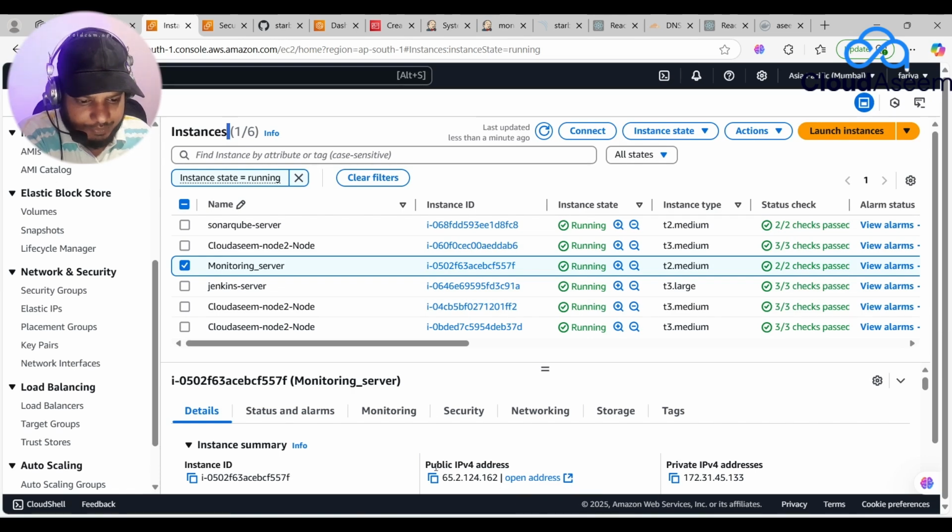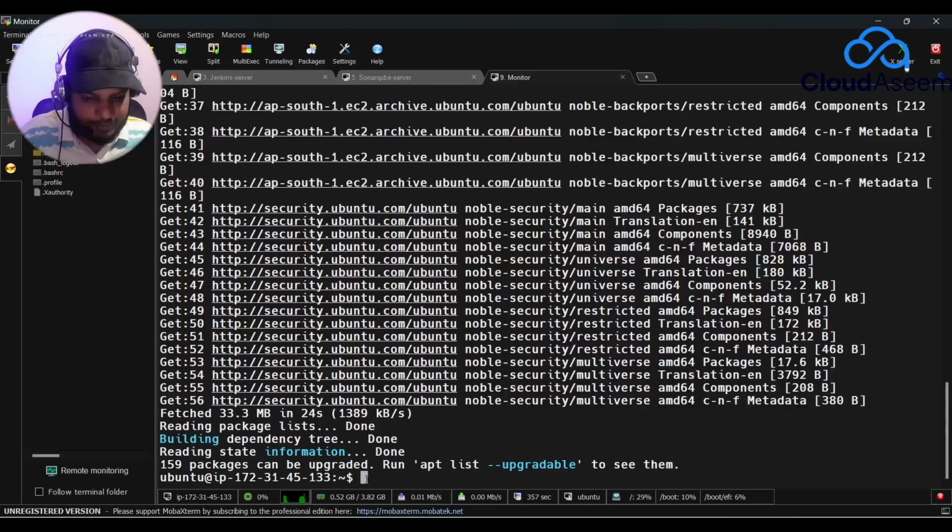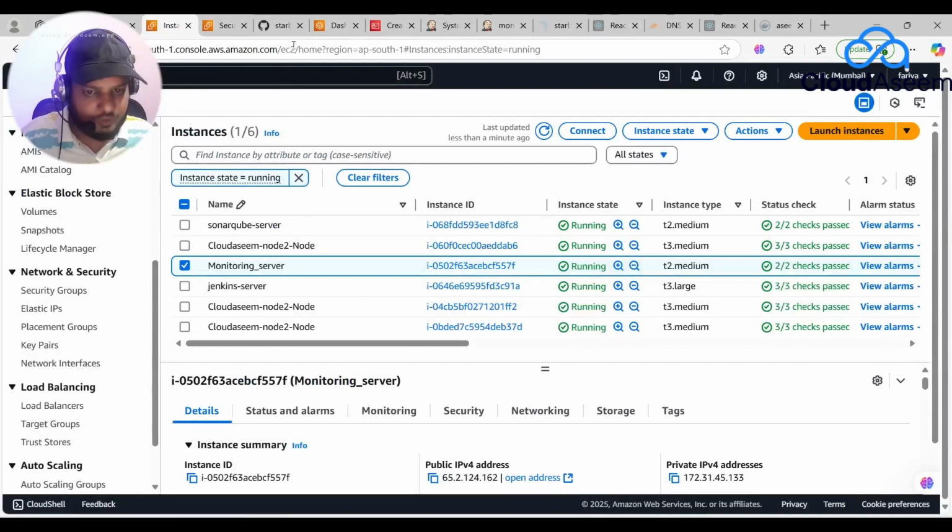Okay, that IP is already there. So what we have is SonarQube monitoring, the Jenkins server, and I have three node servers on which our application has been hosted in Kubernetes. Okay, that's fine. So when we have updated these packages, what we will do is go back